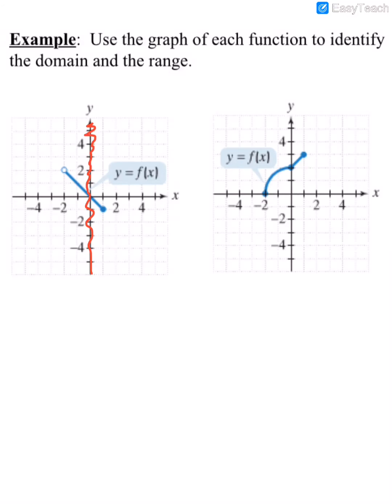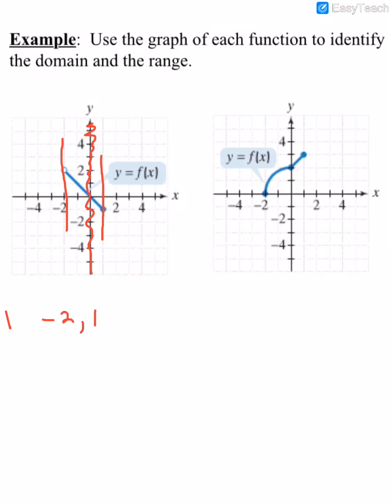We're only looking at how far our graph goes to the left and to the right. So if I want to see how far it goes to the left according to my x-axis, then I can see that it goes to -2. And then if I want to determine how far it goes to the right, it only goes to +1. So from -2 to +1